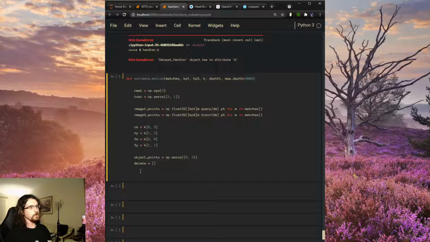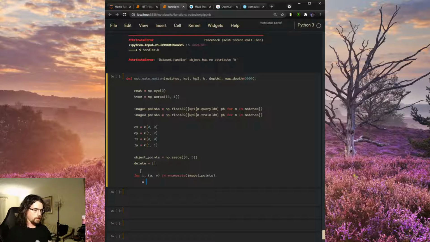So we'll be going through each of our matched features, and we'll iterate through the image points in the first image, because it seems to make sense. So for i, (u, v), which are pixel coordinates, as we went into in the first video, in enumerate image 1 points. So we're going through each 2D pixel coordinate of our features. And we're going to say that z, which is our depth, we're going to take it right out of our depth 1